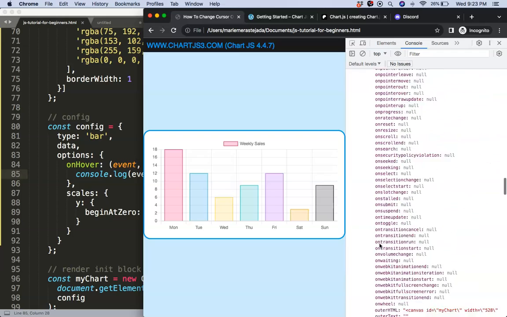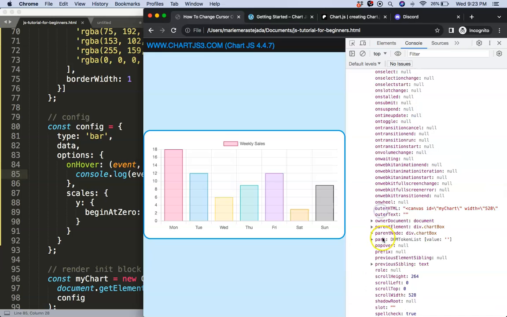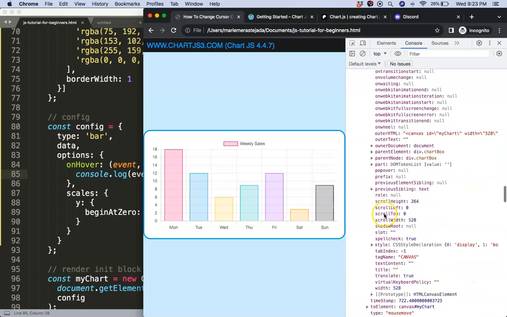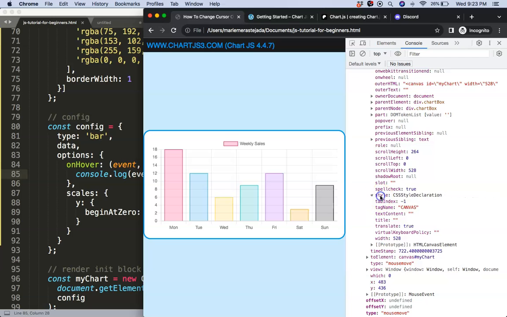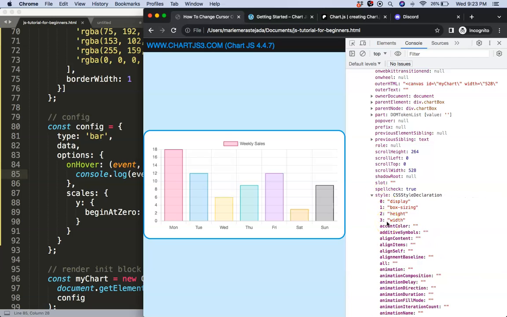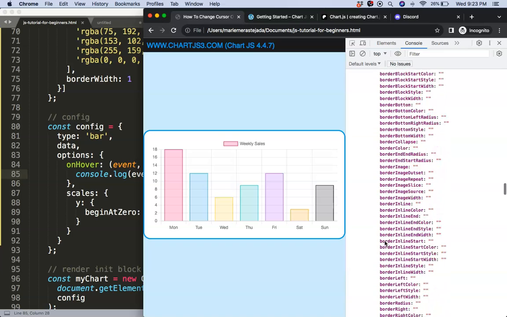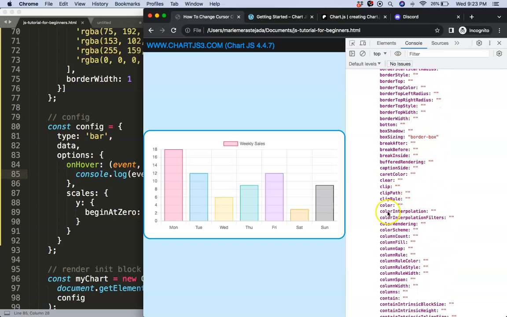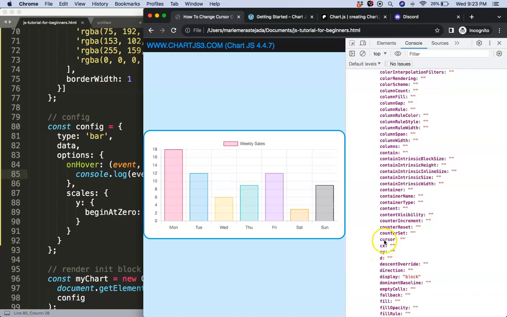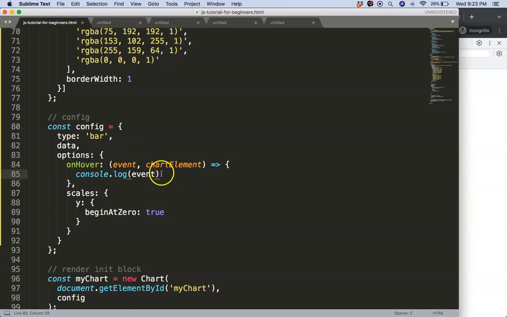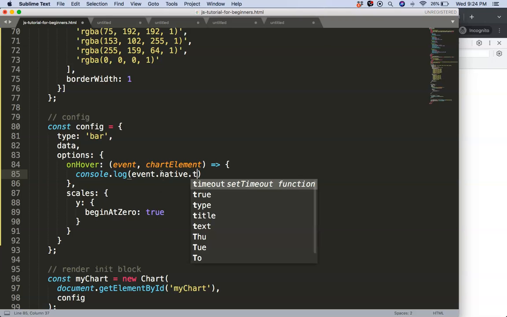I'm going to look at the style, click on the triple dots, and then we see the style, which is a CSS style. In here we could just say the cursor. Let's look for C for the cursor, the U, there we are, which is right now set to default. So we can change that, and if we do change it, once we hover over the slice, it will convert the cursor into a pointer. Let's start to do this. We're going to say dot native dot target dot style